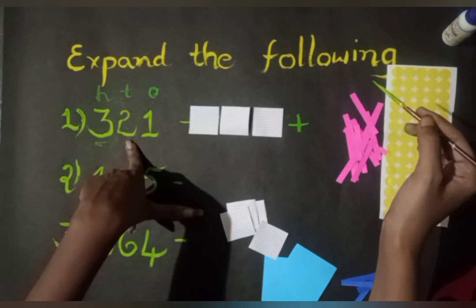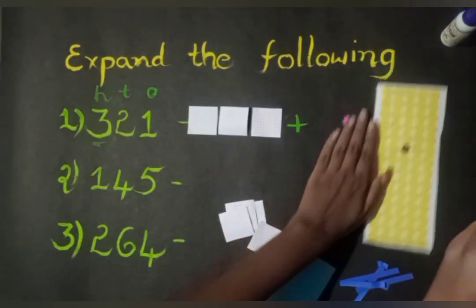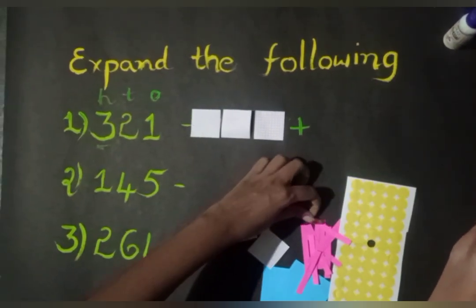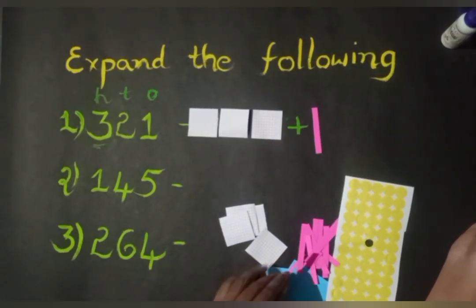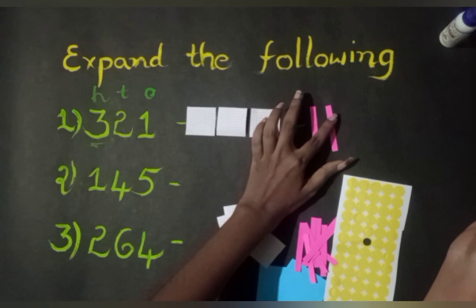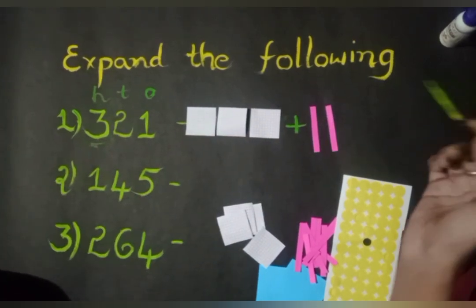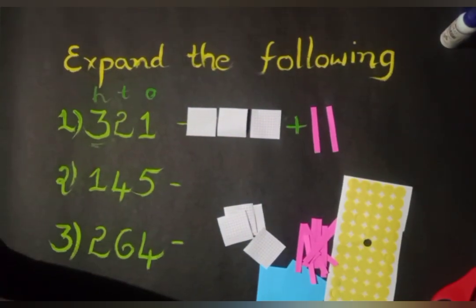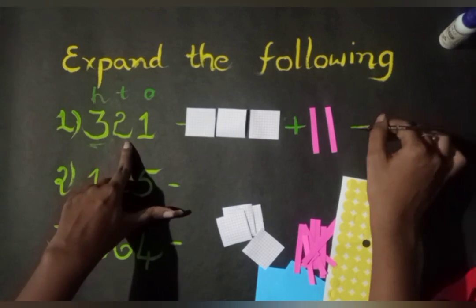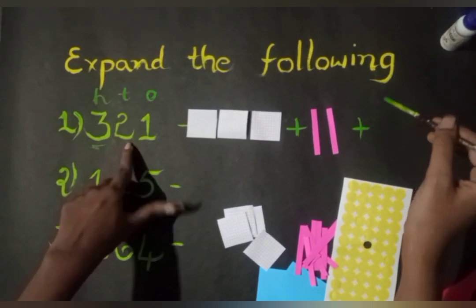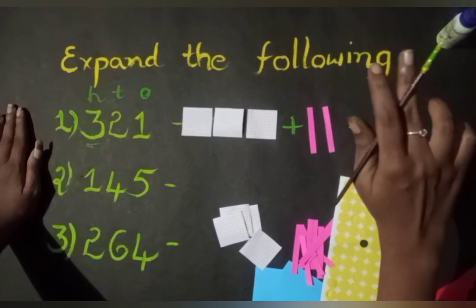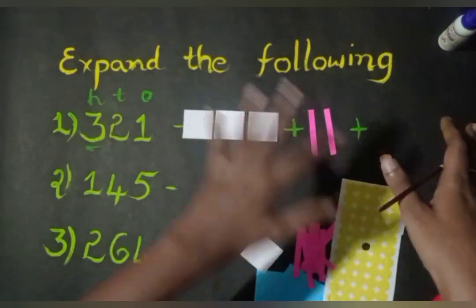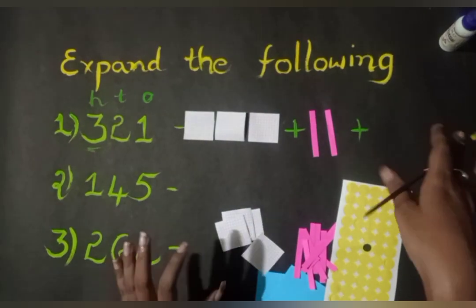Here how many tens are there? 2 tens. It means you have to take 2 ten stands. So 1 ten stand and the second ten stand. So 2 ten stands we have taken. Then again after finishing the next place value, here you have to put one more plus. I am doing on my black chart, that's why I am using paint. So you will do in white or any of the other color, right? Then you can use sketches.